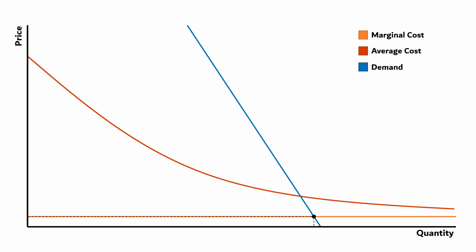But will the monopoly supply this quantity? Not for very long. This price ceiling is set below average cost, which means that this firm is earning negative economic profits. They will end up shutting down. In order for the monopolist to break even, the lowest we can set the price ceiling is where demand crosses with average cost. At this point, the monopolist breaks even, earning zero economic profit.